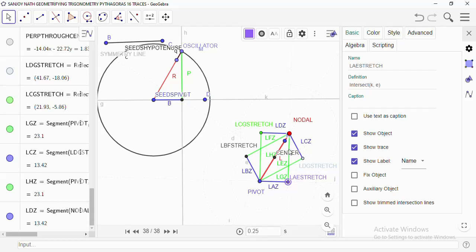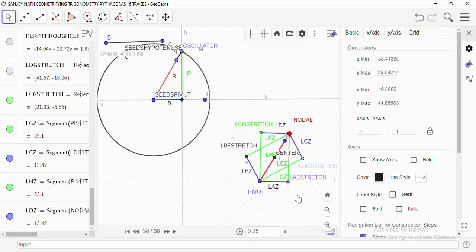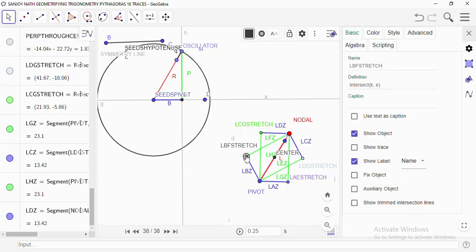Pivot and nodal for the first line segment is written in this simple way, pivot and nodal for the cos theta, sin theta combination. For tan theta, sec theta, cosec theta combinations, the geometry and nomenclature have different meanings, and the convention is the same, but the naming will change. I will show it in later videos. LAE stretch, the name of this is the